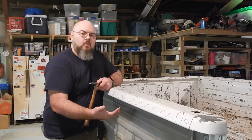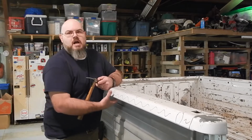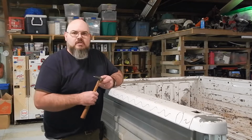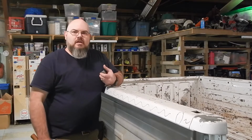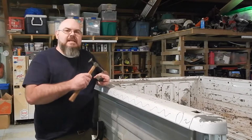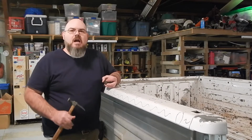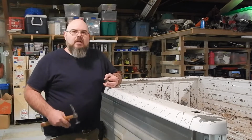So we want to make sure to protect that before we put those bedsides on, but we also want to not cause more damage up there. So what we're actually going to do is cheat a little bit. I got a couple other body tools that are going to help us reach up in there and drive that up. Because if we can drive it up, I can get access and I can tap it back down. If it comes up too far, we can tap it back down. It's not going to be a big deal. We don't want to drive it up as far as it is down, but we can get it close